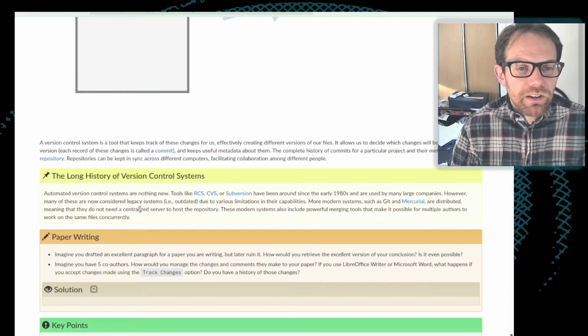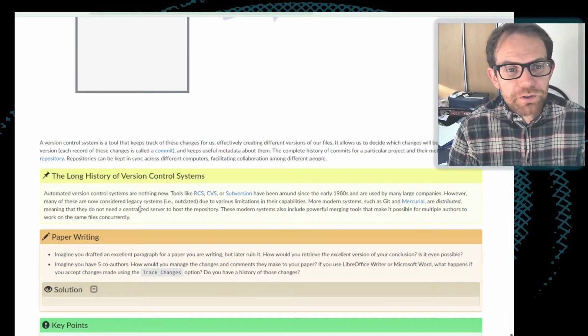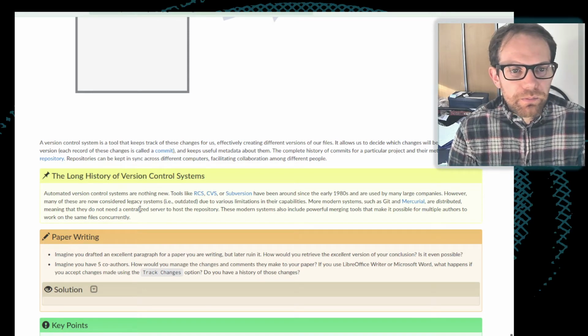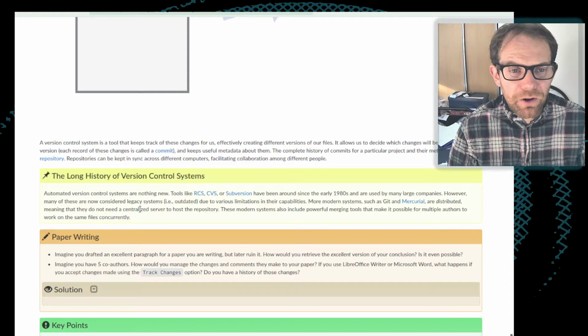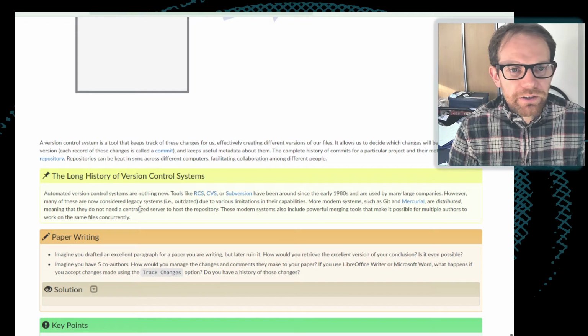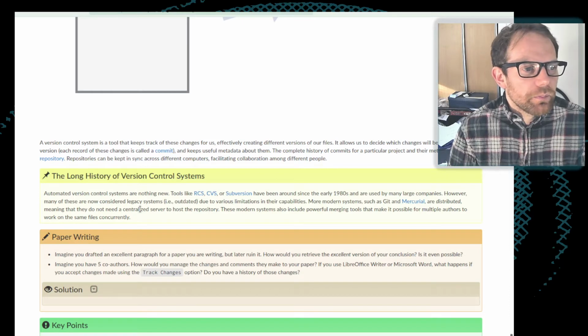So while we'll be talking exclusively about Git today, there are other version control systems available. Amongst the modern version control systems which you're likely to come across, Git is by far the most popular. There's another one called Mercurial, which is written entirely in Python, and which grew out of the Python project itself, which is broadly similar to Git, but it has some differences in how it works. If you understand Git, you will be able to pick up Mercurial quite quickly. It's slightly simpler than Git.